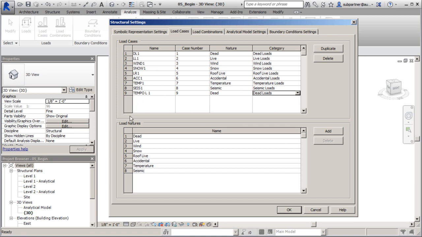Now down below that we have our natures, and nature is a category that actually exists up here for our cases. So you have your name, case number, the nature of your case, and also the category. So if you needed to, you could create a new nature. If dead didn't really satisfy the nature that I wanted in here, I can go to Add, I'll type in